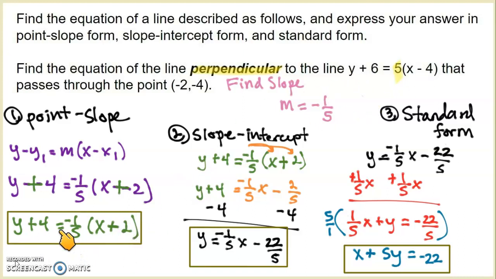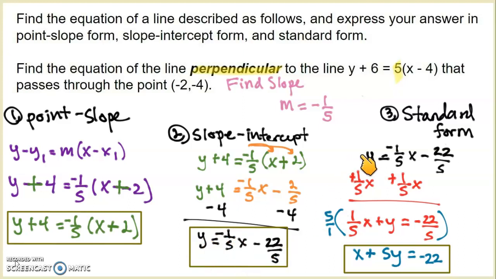And then I take this equation, and I transform it or change it into slope intercept form by distributing the fraction, -1/5, and then bringing over or subtracting 4 from both sides. So -2/5 minus 4 is the same as saying -2/5 minus 20/5, which is where I get -22/5. And now this is my slope intercept form equation, and I take that same equation, bring it over here, and